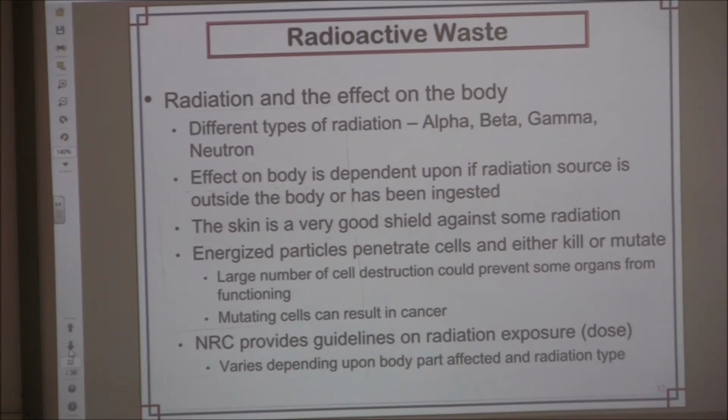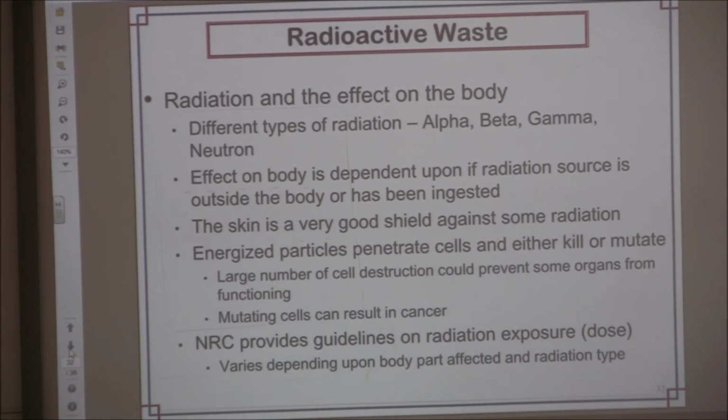NRC gives you guidelines based on tons and tons of research. Eyes can get so much, skin can get so much. It just depends on that. Anything that is rapidly changing, so if you're an infant or fetus, even worse, because the cells are splitting so quickly, those are very sensitive, because if you have one cell that mutates, they're reproducing so quickly, you can very quickly have problems. So fetuses, pregnant women aren't really allowed to work at nuclear because the fetus is very sensitive